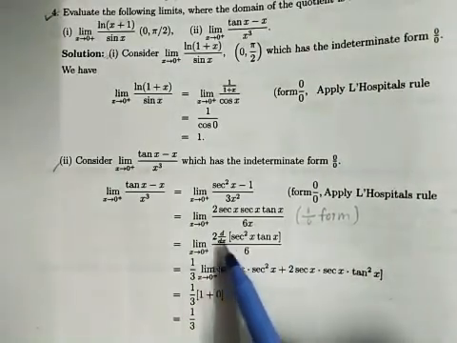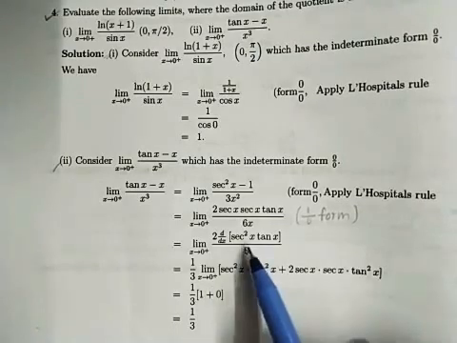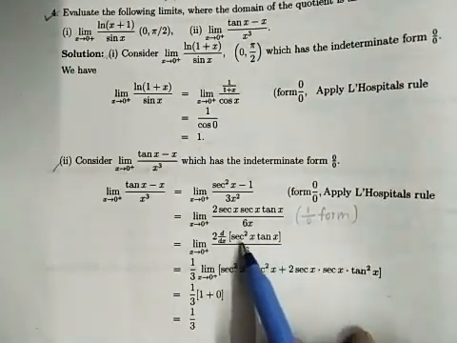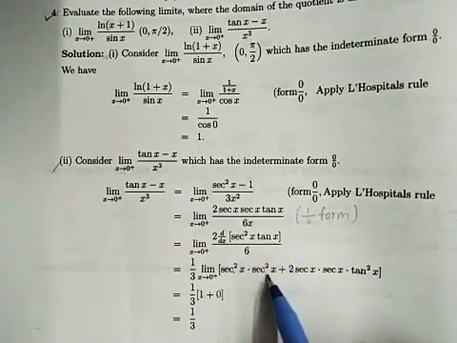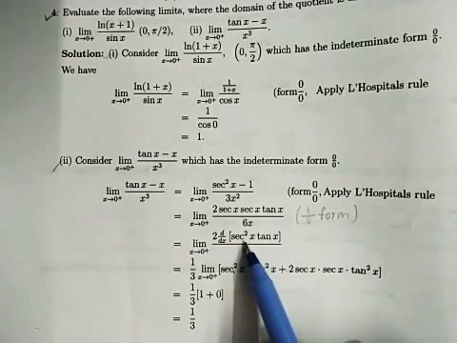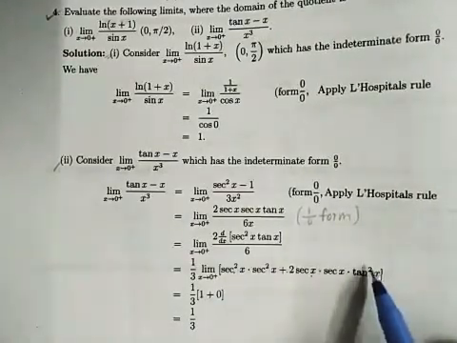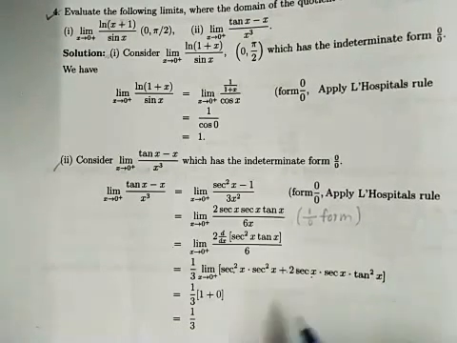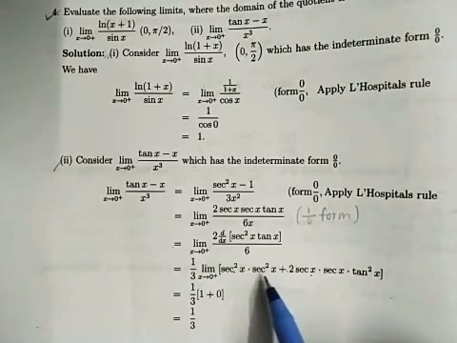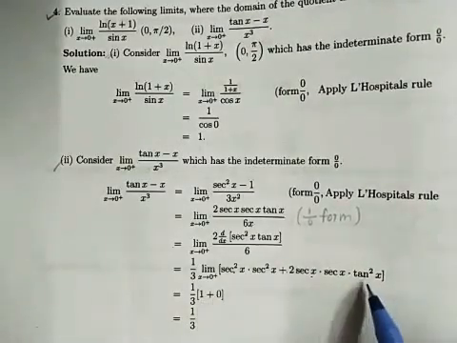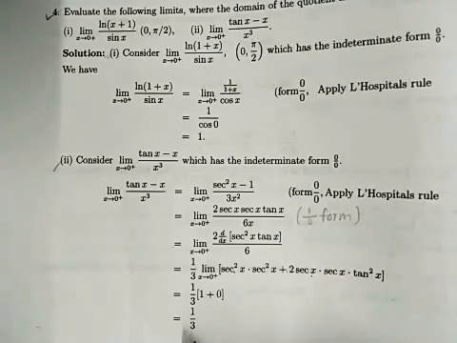So again, take this 2 by 6, that is 1 by 3, common, limit x tends to 0 plus derivative of sec square x tan x. Use u into v rule. Sec square x as it is, derivative of tan x is sec square x, plus derivative of sec square x is 2 sec x into sec x tan x, and this tan x as it is, therefore here will be tan square. Now here if we apply limit, we get sec square 0, that is 1, into 1, that is 1, plus tan 0 is 0, so we get our final answer is 1 upon 3.